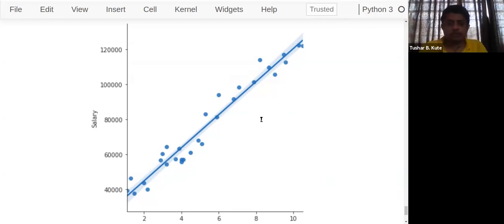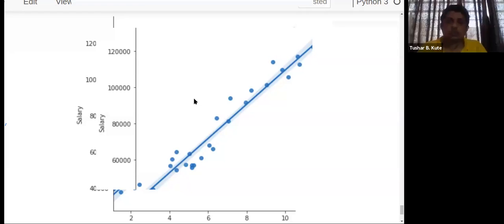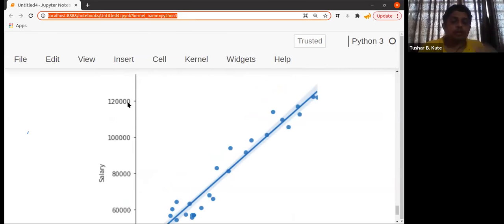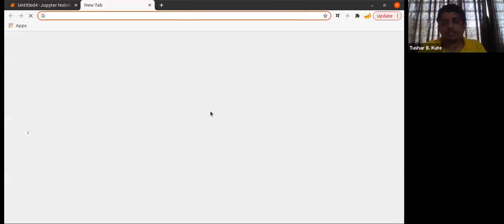I'll show one website here. Just a minute. Python Graph Gallery, and let's take an overview of all these kinds of plots that we can see. I'll just go to Python Graph Gallery. There we can have a lot of different kinds of graphs. It's taking time.